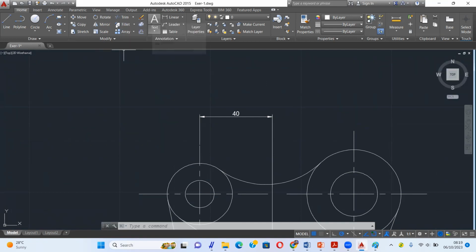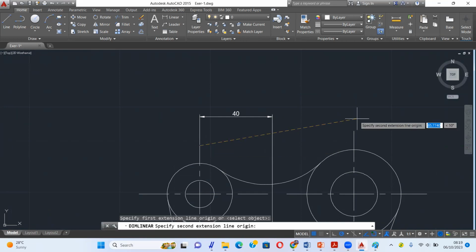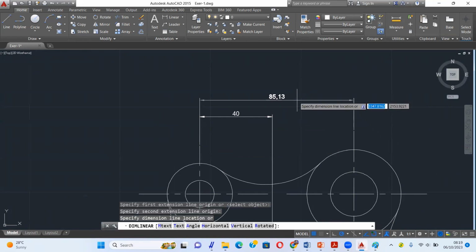We try again with the linear dimension from endpoint to endpoint.